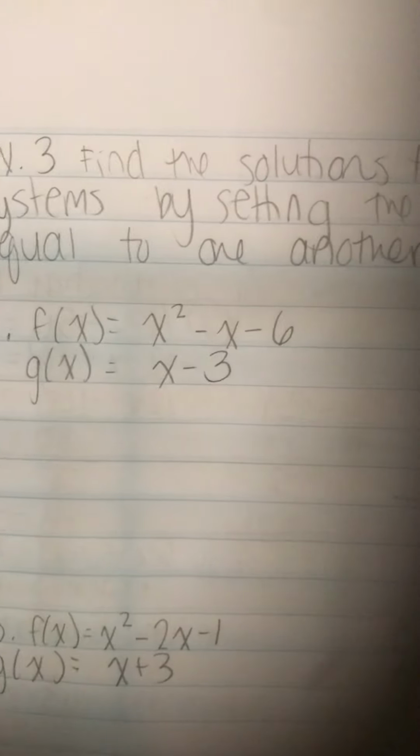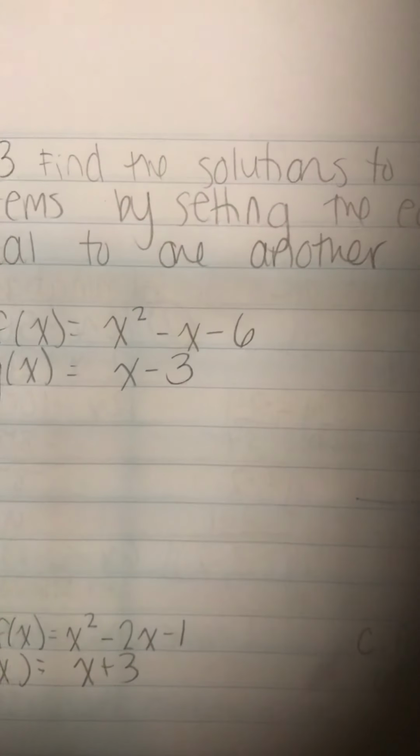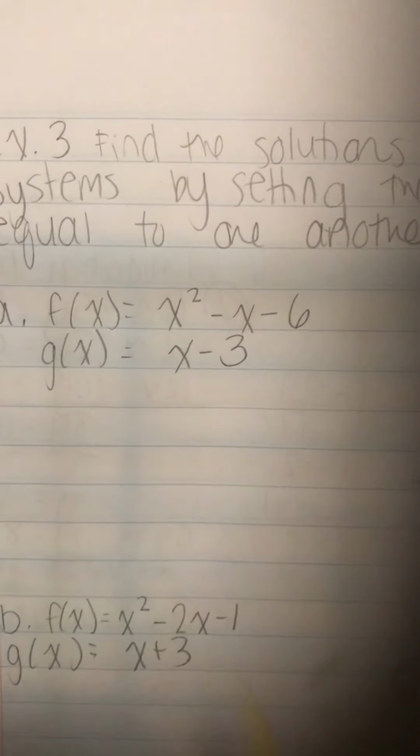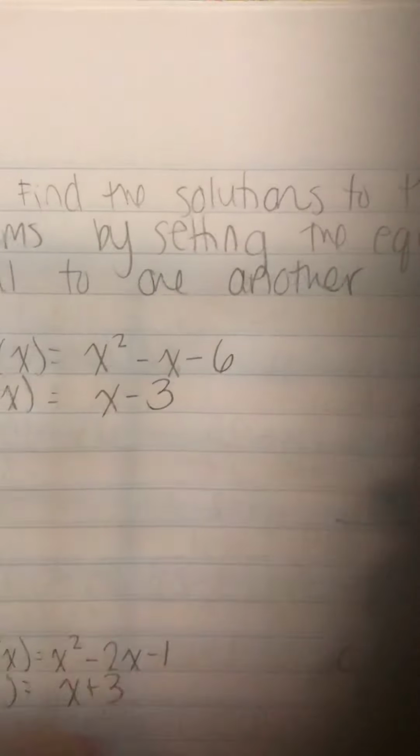So I'm going to read the directions. It says, find the solutions to the following systems by setting the 2 equations equal to one another. Okay, so you have f of x and g of x. Let's set it equal to